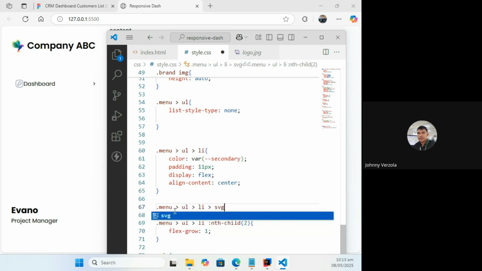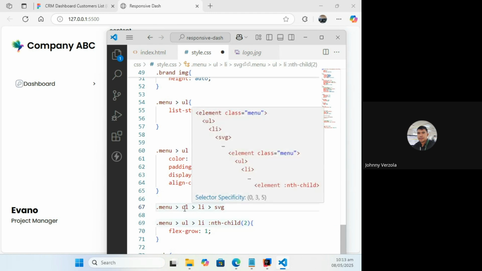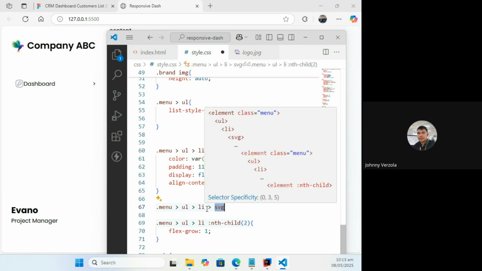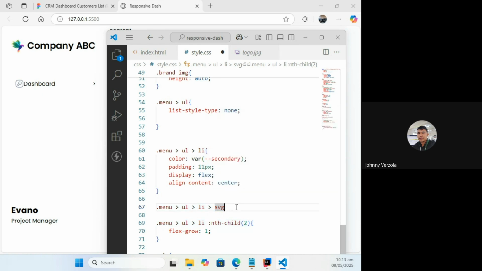By the way, this angle bracket here is not necessary. The angle bracket just signifies I want the child UL of menu, the LI child of UL, and then the SVG child of LI. It's not going to target grandchildren or great-grandchildren. It's only going to target the immediate children, the first level child. That's the purpose of that angle bracket.